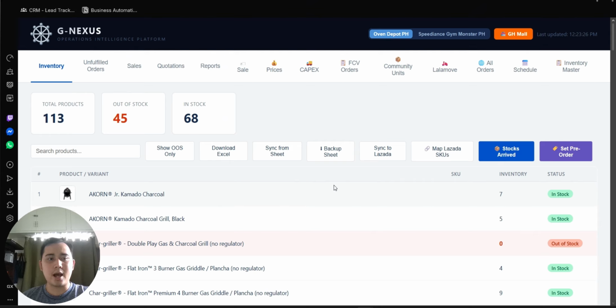With this web app, we no longer need to subscribe to that platform. This pre-order button sets the product so it can still sell even if it's out of stock once I click pre-order.